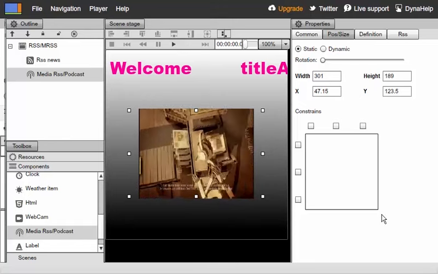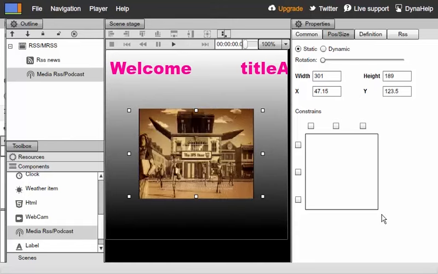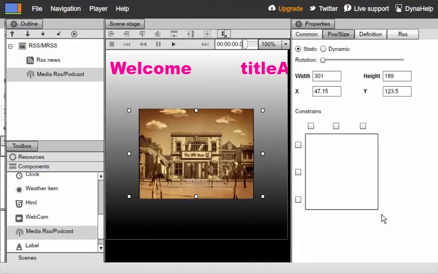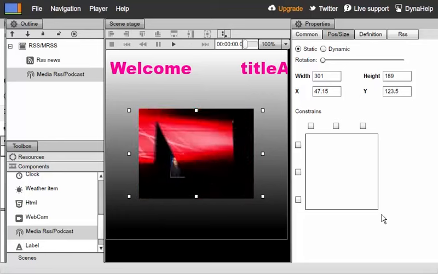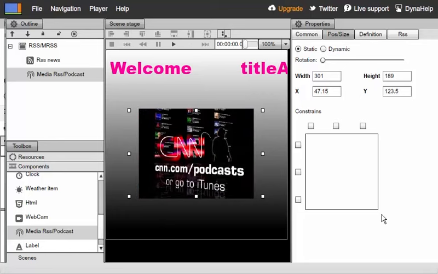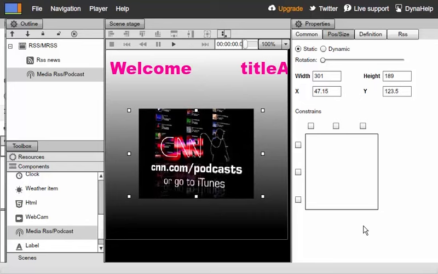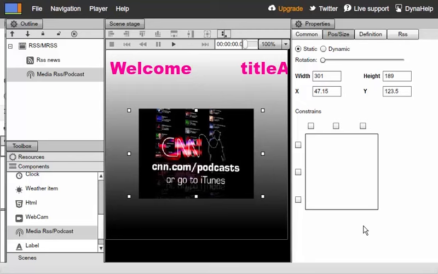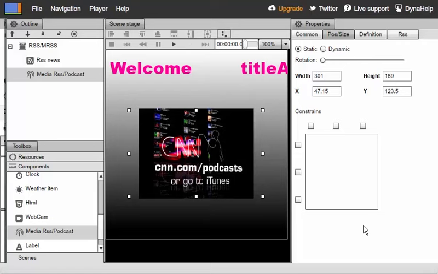The system will continue to play the videos, and when the system comes back online, if there are new MediaRSS videos to display, the system will go ahead and download these videos and cache them. So again, it's pretty transparent to you. Our system completely takes care of all the caching mechanism with this MediaRSS, and the regular RSS component also works in the same fashion. So next we're going to cover putting the MediaRSS and the RSS not within a scene